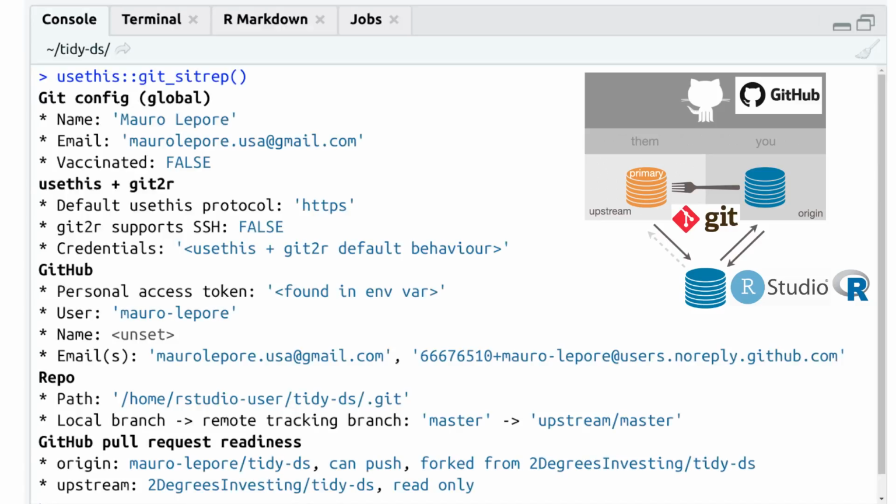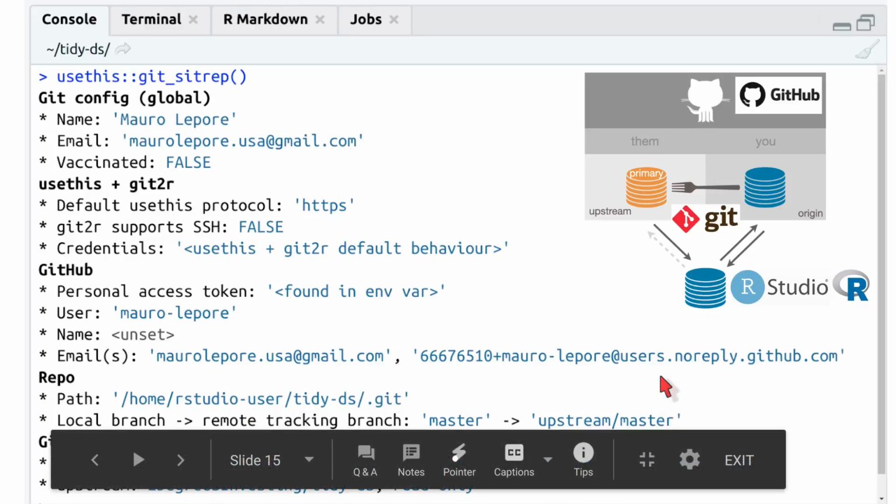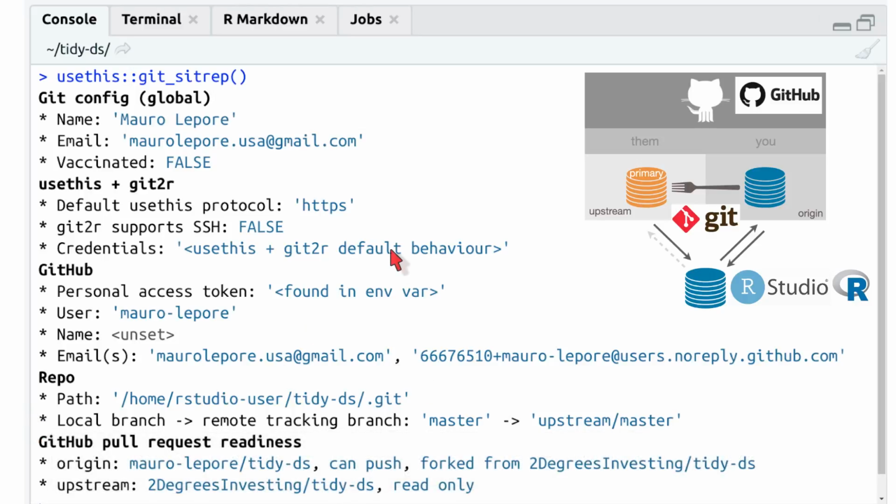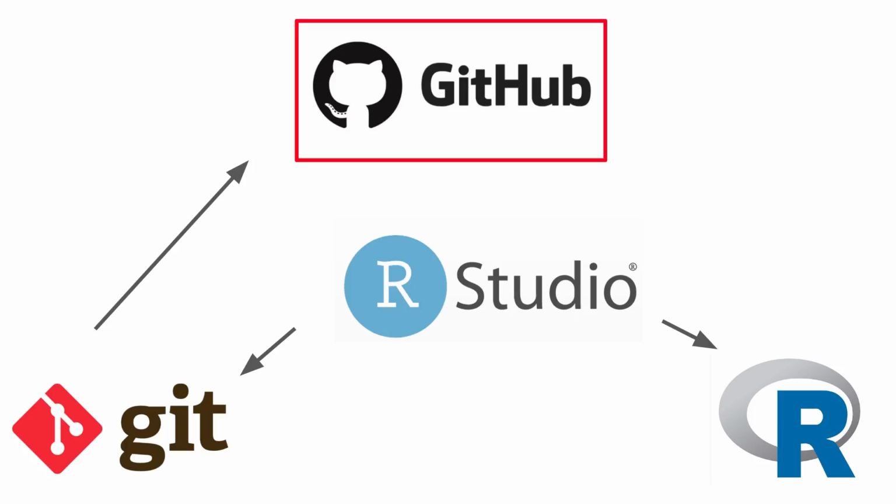So when all those connections are made, you could get something like this. So you can ask R to give you a situation report, and it will come with a lot of information, from which the very last is the most relevant one. I'm not going to stop here too much, because all of these are details that we can hide, that you don't need to know about a lot, if you have done the setup that I was advocating for. So I'm going to help people set up if you haven't done so.